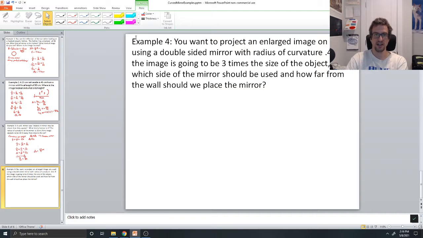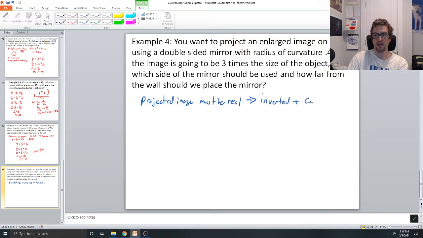All right, finally we get one with a little bit more math to it. So you want to project an enlarged image. So this is a key thing. A projected image must be real. Okay? And if it must be a real image, that means it's inverted